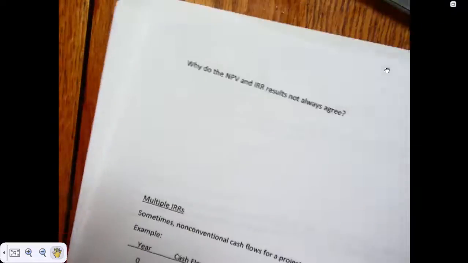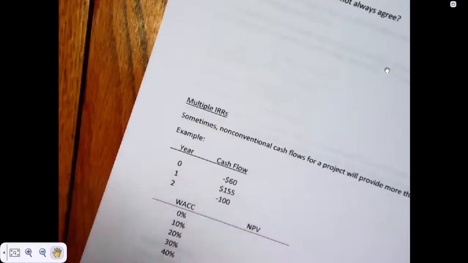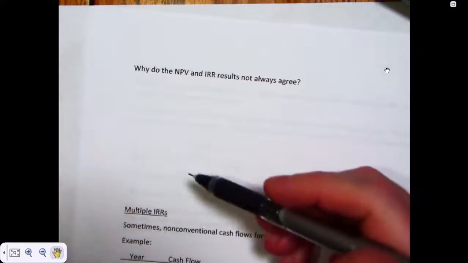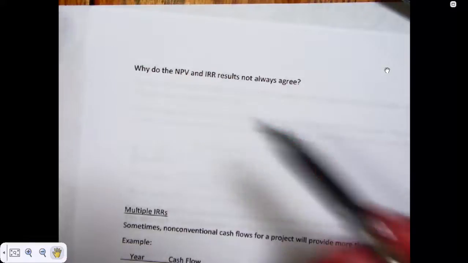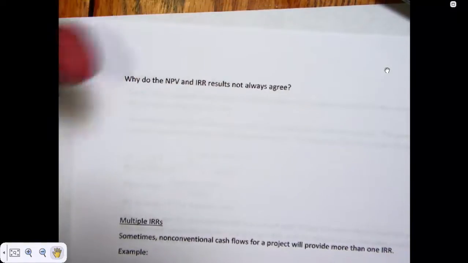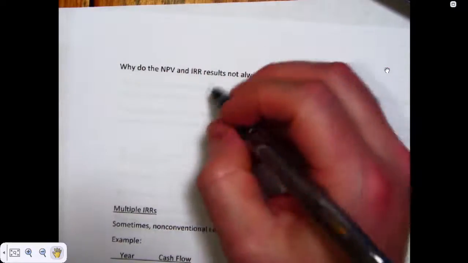So why do the NPV and IRR results not always agree? Well, I talked before about differences in size, and we kind of expect that. And we'll talk about that a little bit more when we talk about the profitability index. But in this case, it wasn't the size of the projects. It was the timing of the cash flows. So the NPV and IRR results do not always agree. In this case, because IRR